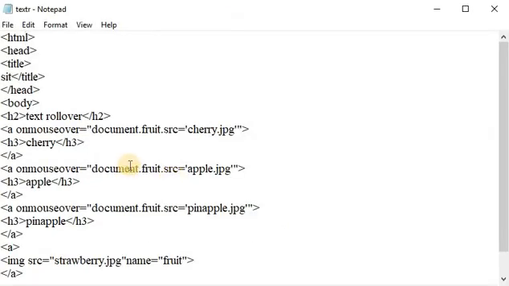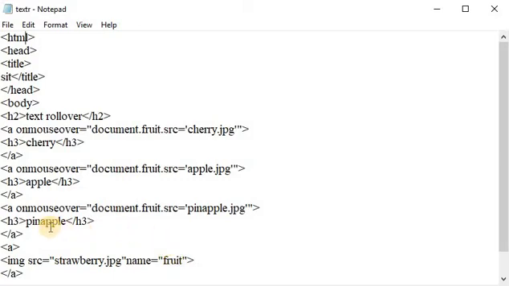This is the program of text rollover. In this program, we have taken an image element in an anchor tag, and provided a name to the image element, that is fruit. Also we have taken two simple texts in an h3 tag.